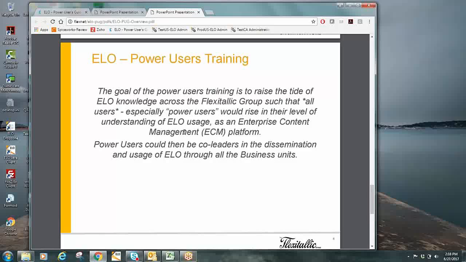And to that end, the whole idea is that we are embarking on a journey to gain knowledge in ELO, and every piece of software has its quirks. It's not going to work exactly like how you might expect it to, but we're hoping that you'll be able to gain the knowledge and then be able to get comfortable with it. So we're hoping that within business units, we'll be able to develop the idea of power users. So not just relying on IT or the IT department, but power users within the business units who will then conduct lunch and learns and help in this journey of trying to gain a better handle and a better understanding of